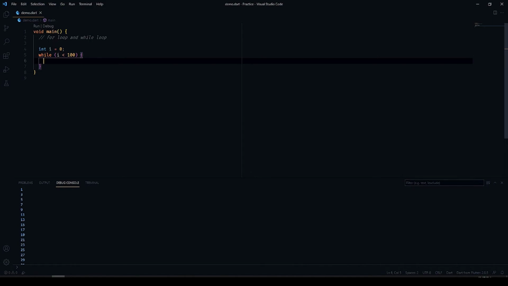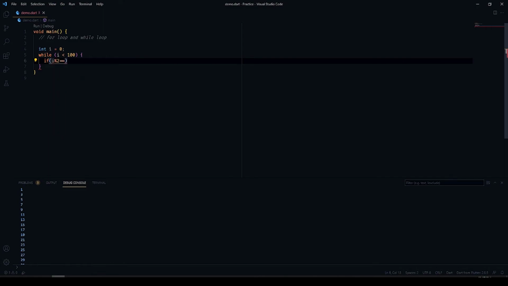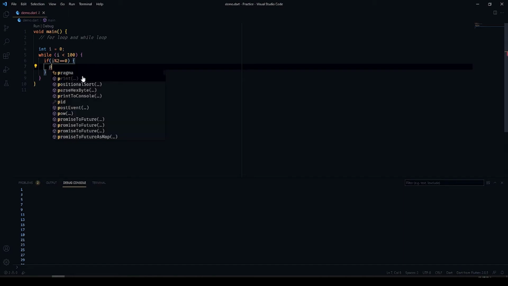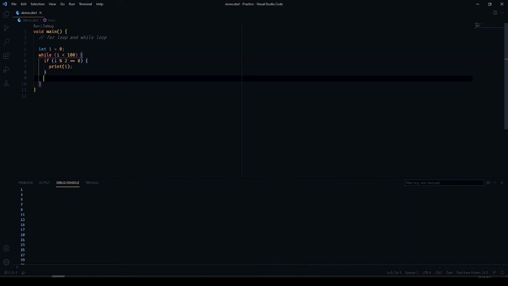So i equal to 0, and I'm giving the condition i less than 100. I'm going to put a condition here, i modulo 2 equal to 0, and print the i here. So this will print only even numbers. After our condition, we have to increment our i. Since we can't increment inside the while loop condition, once we have checked the condition, we put the increment inside the while loop block. So if I run this,